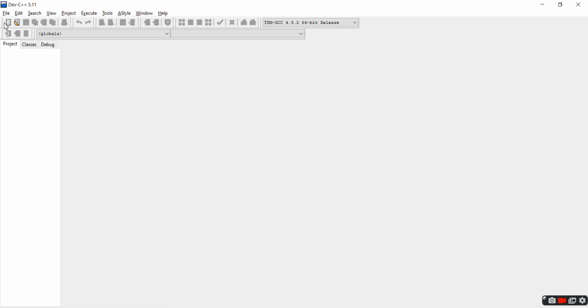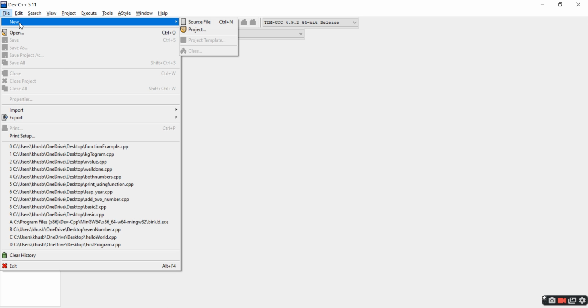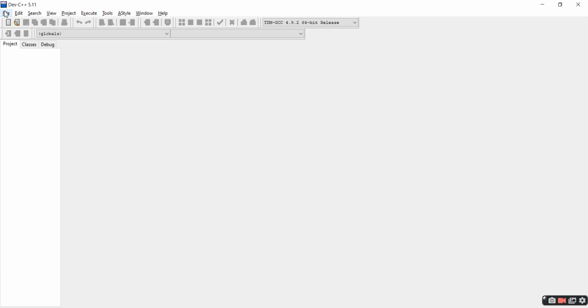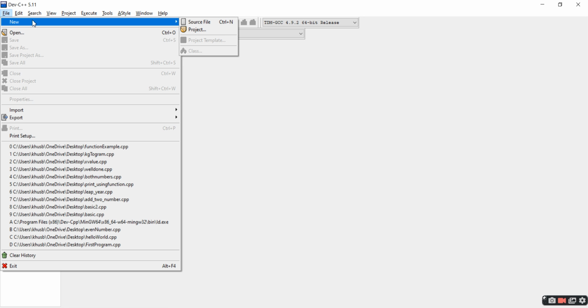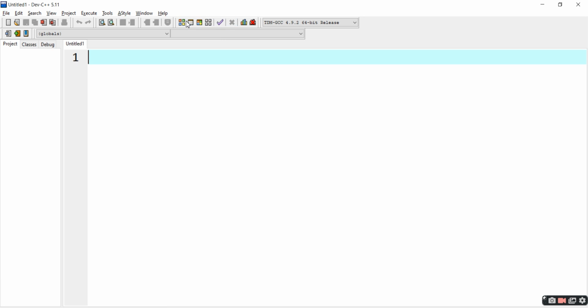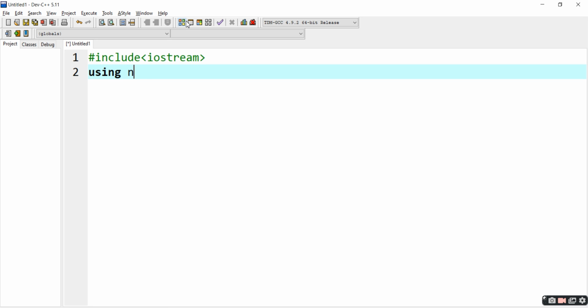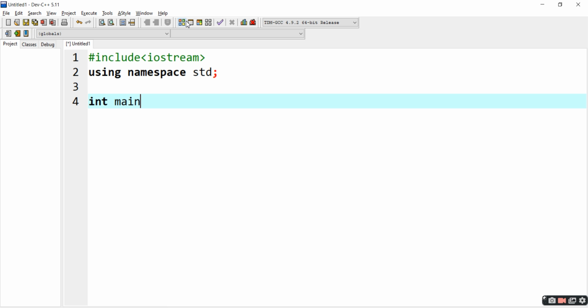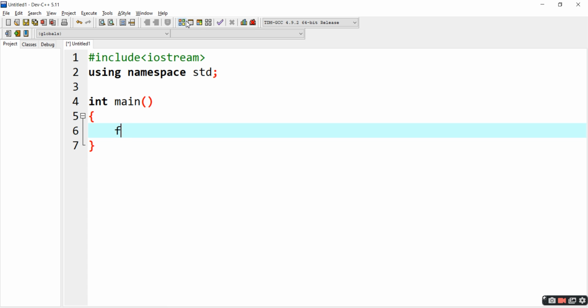Okay, let's just quickly run the program so that we're able to understand. The output will be the same, but the problem is, include iostream, using namespace std, then int. Now, the initialization of int i equals 1, i less than or equal to 5.